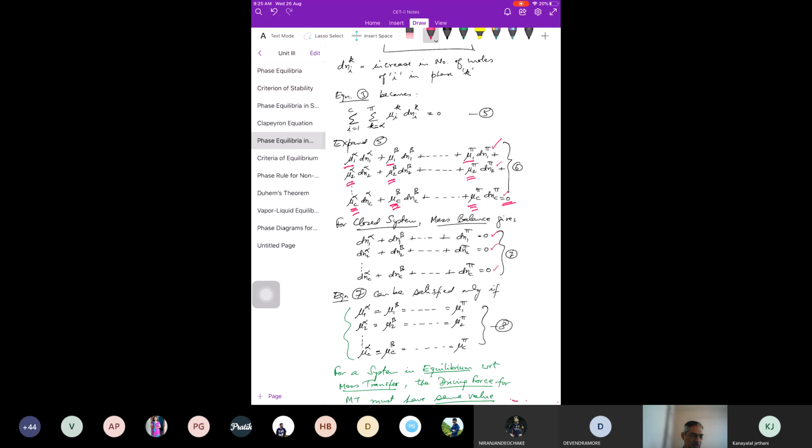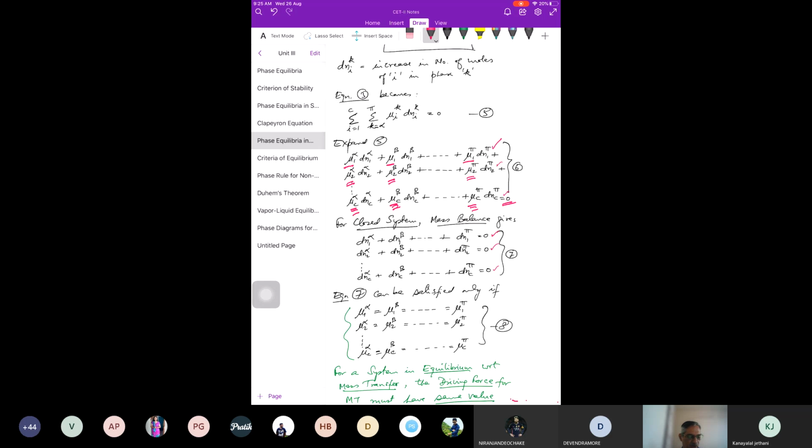And again, take mu2 alpha common, mu2 common, bracket dn2 alpha plus dn2 beta plus dn2 pi. And similarly, take mu c out, so dnc alpha plus dnc beta plus dnc pi is equal to 0 will come. That will become 0, so the overall equation 6 will be 0. So equation 6 and 7 will be satisfied only if all the chemical potentials of each component are same in